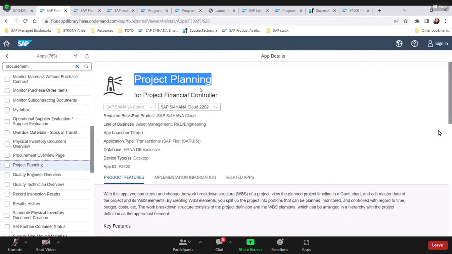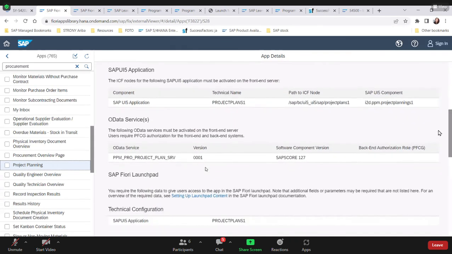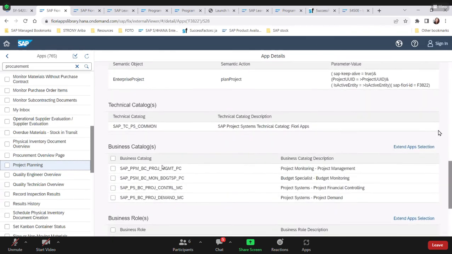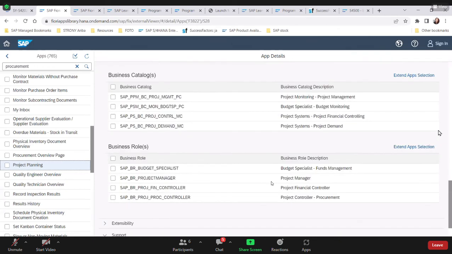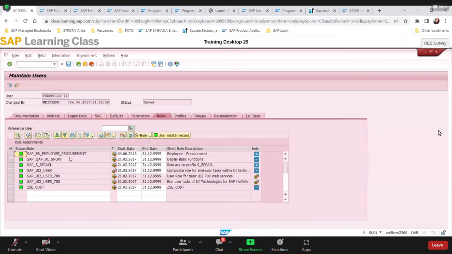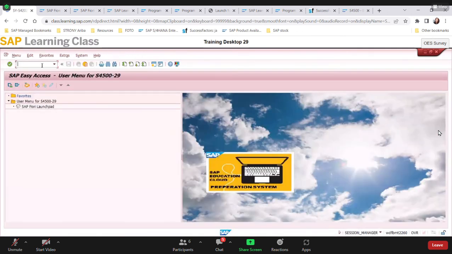Here in the sub Fiori, I have information again when I am looking for implementation information. Here it is possible to see the catalog, the business catalog. This person has been assigned a business role, Employee Procurement, because we work on procurement. Then I want to go for the next possible thing,